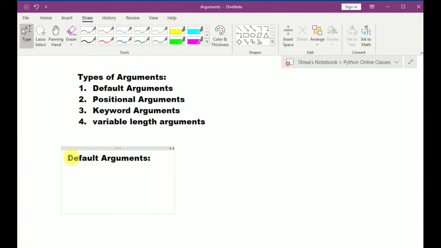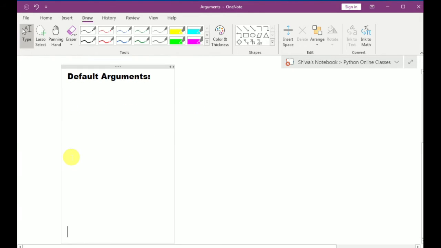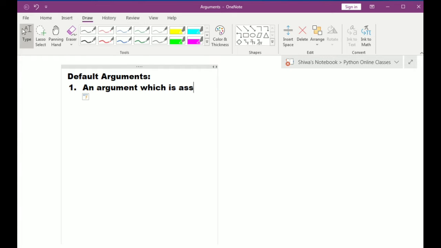A default argument means an argument which is assigned in the function header. An argument which is assigned in the function header is called a default argument.